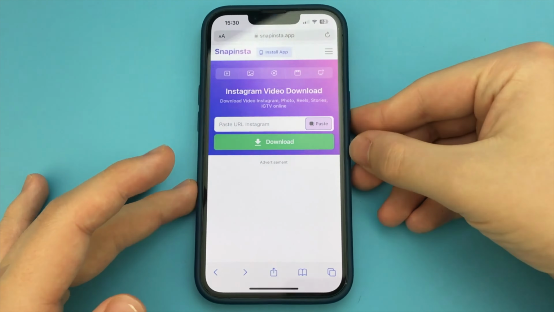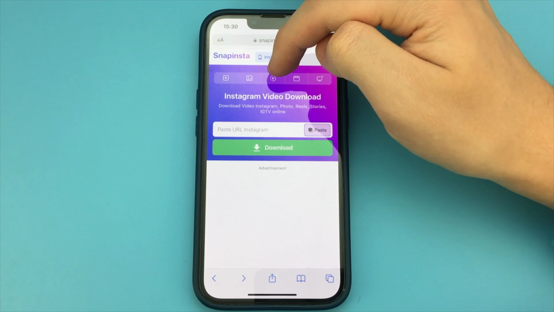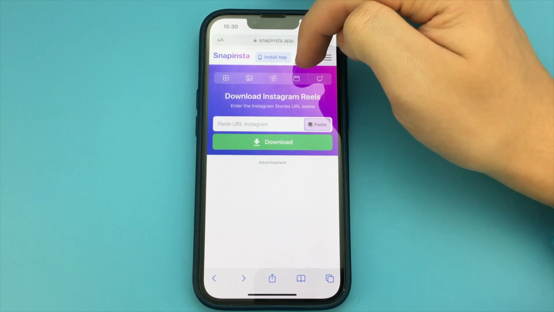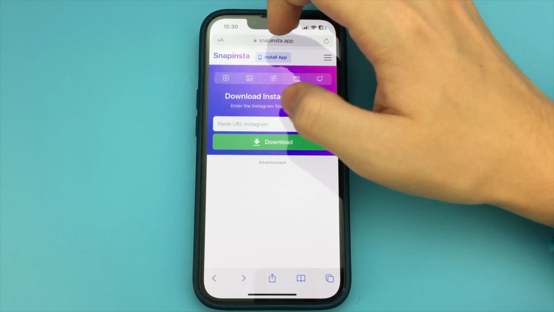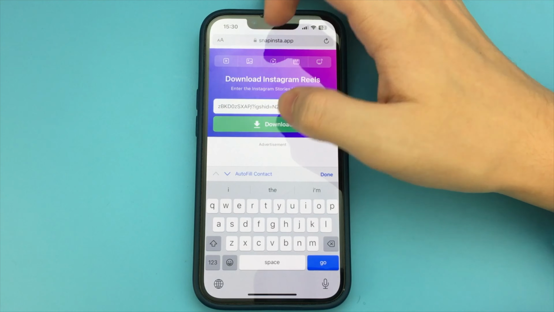After that, you wait a couple seconds. You see our video, which you just downloaded, and click download video. Close it. Allow the device to download this file. Now we can go to our downloads, and we see our video among this list. Click on it. Now to add it to the gallery, click on Share, and click on Save Video.